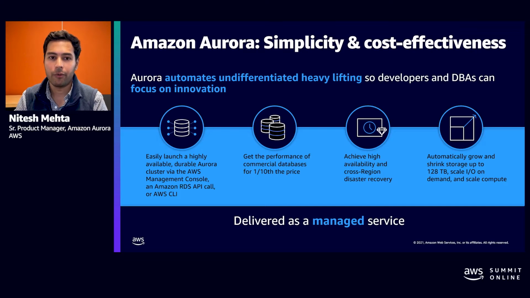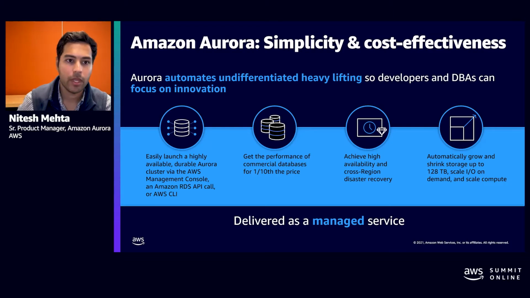Especially, Amazon Aurora provides auto-scaling storage. What that means is we have separated out the storage layer and the compute layer, and we will talk about that a bit more. But Amazon Aurora goes all the way up to 128 terabytes. And especially, you don't have to provision any storage upfront either, because you're only paying for exactly the storage that you use. And if you went high and then went low on your storage, we'll only charge you for exactly what you used.